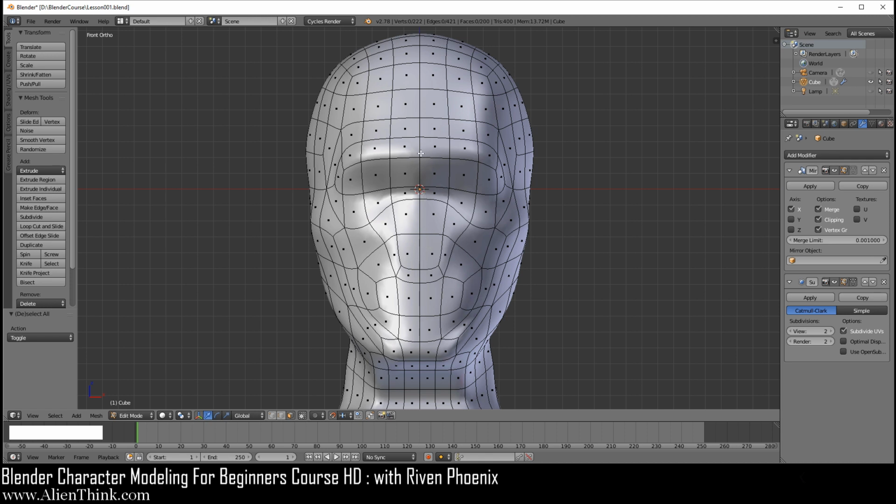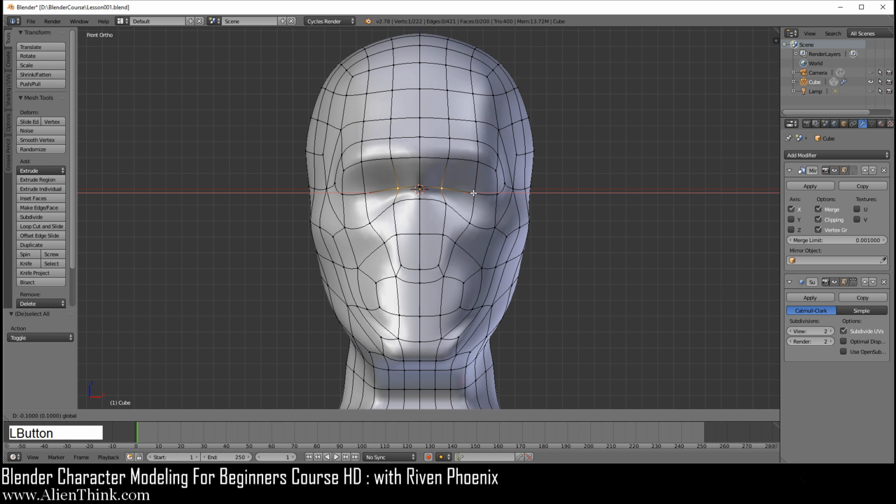So now we're going to define the nose first. Okay, so go ahead and switch back to your vertex mode and make sure you're zoomed in just about like this in your front view. I'm going to click on this and make sure that everything is just selected the way we left it. Now you're going to move this one time to the left. Click on this one and you're going to move this one time to the left over here. Next, I'm going to click on this vertex, press the shift key down and click on this one. I'm going to move it up 1 and then 2 over here.